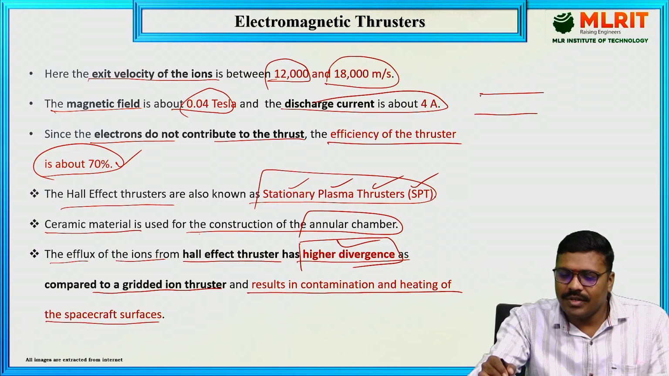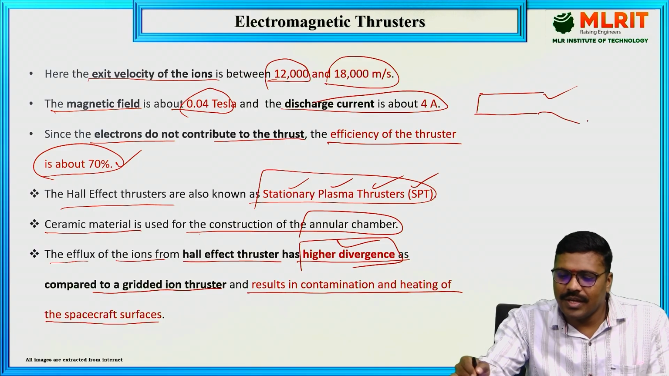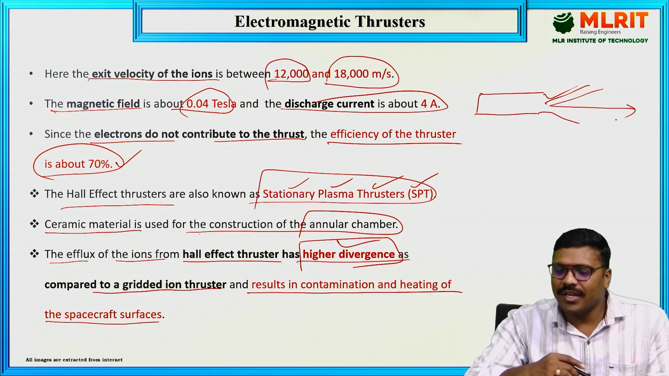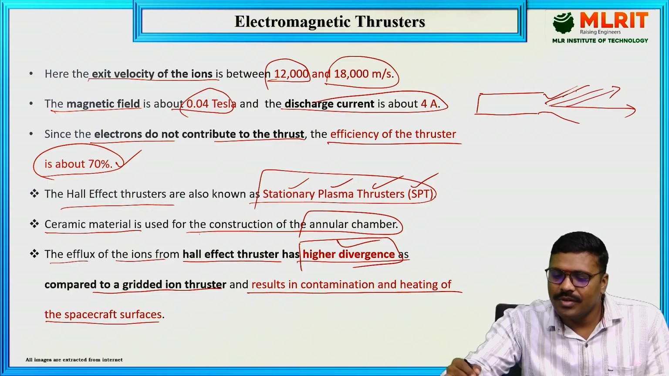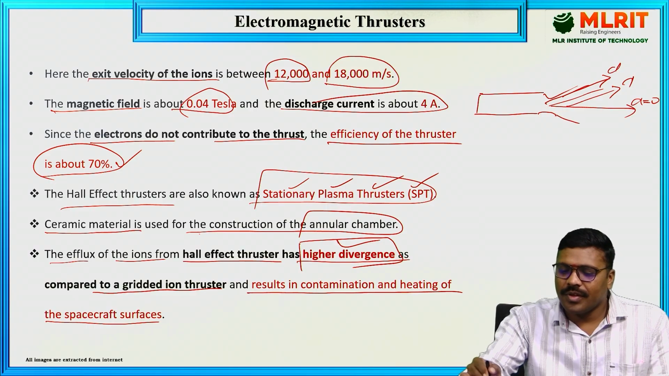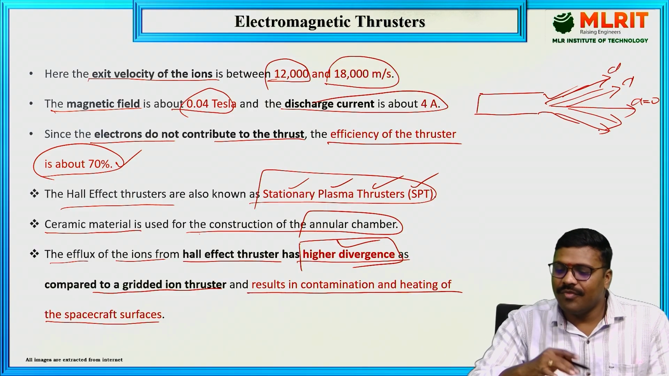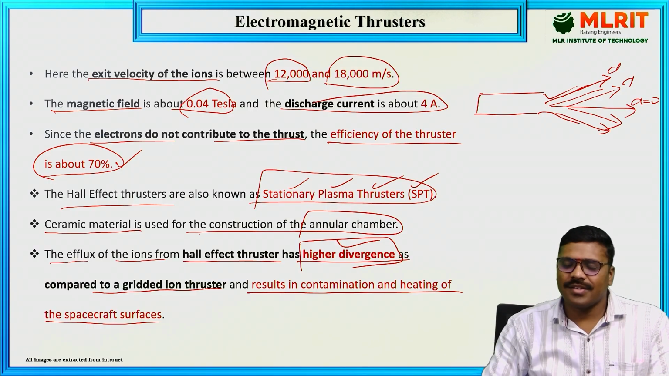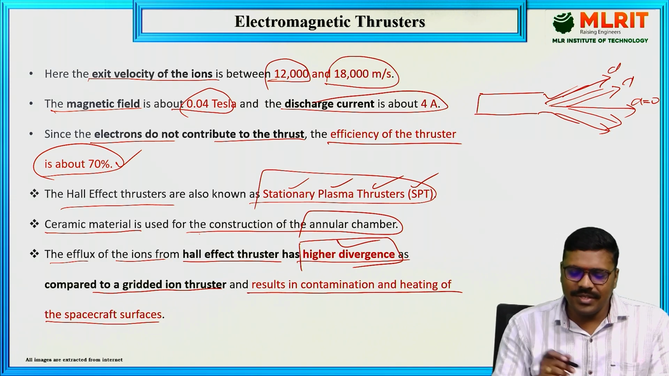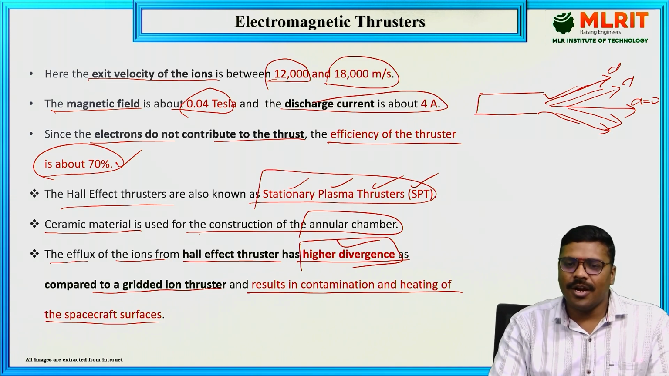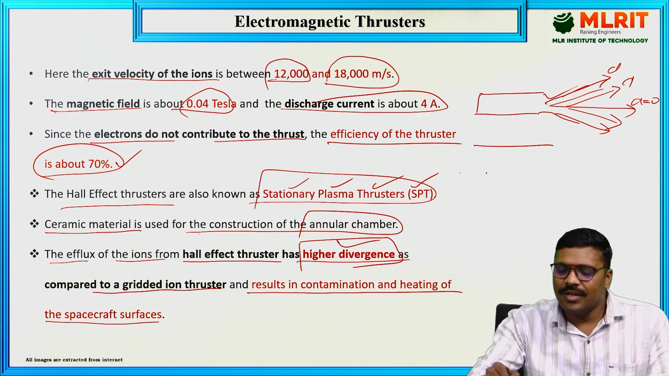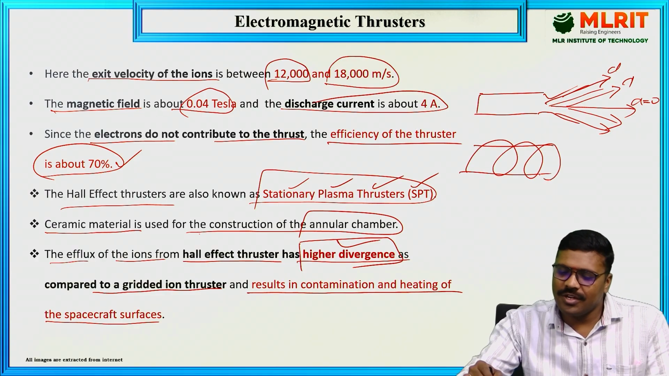So if the engine is like this, nozzle is like this, and the gases move like this, the divergence angle is 0. Here the divergence angle alpha is more, here alpha is decreasing, and here it is almost 0. The deviation of the velocity flow of gases along the axis is nothing but the divergence. This divergence is more in the electromagnetic thruster because the gases are moving in a spiral direction while leaving,